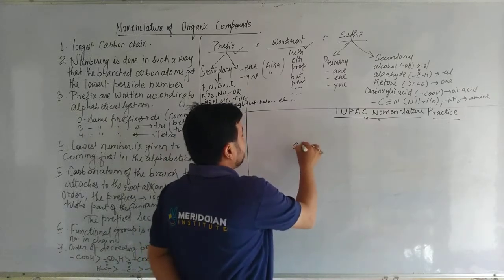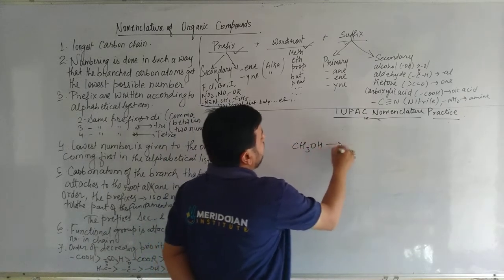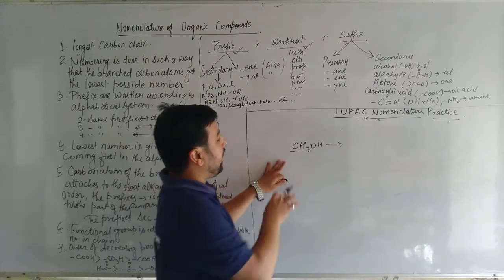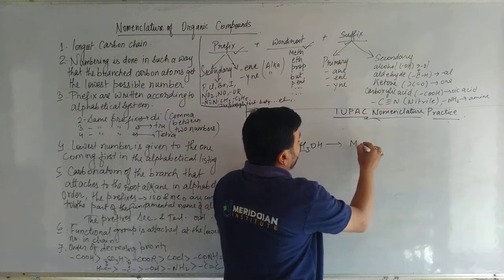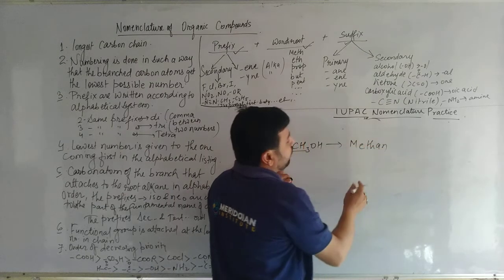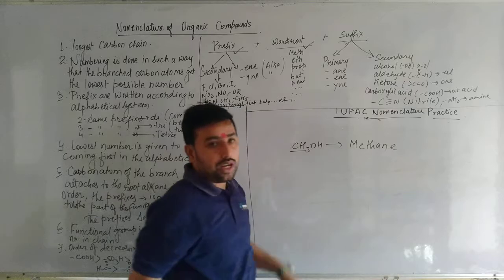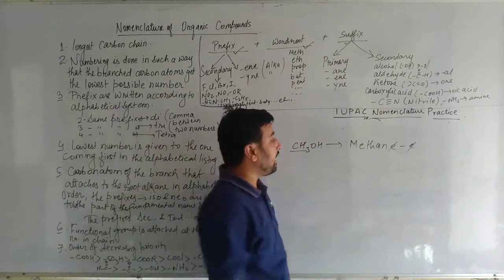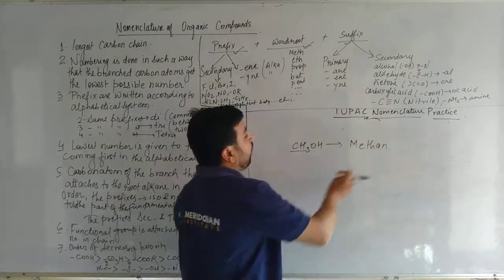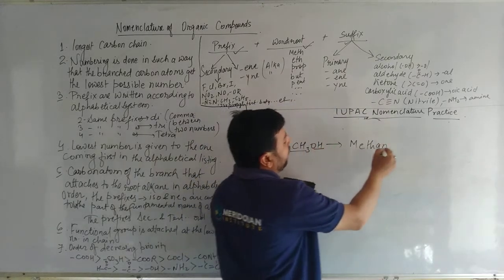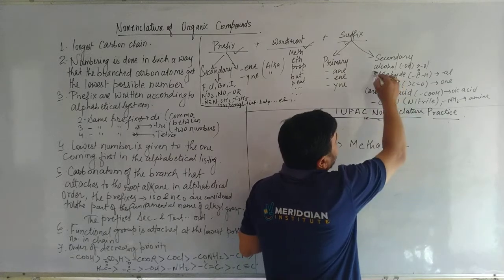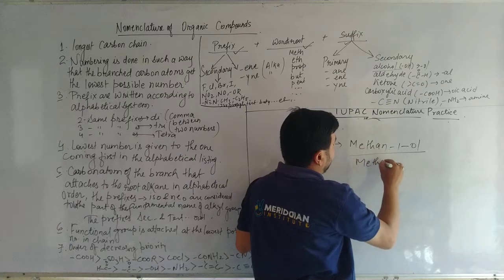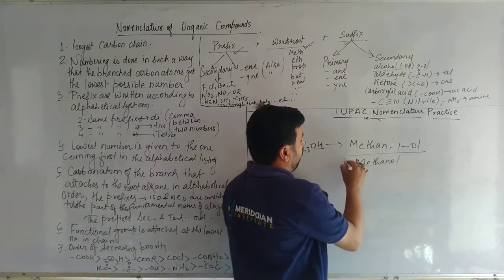Just suppose here CH3OH. This will be known as, first of all, no primary prefix or secondary prefix is there, only methyl is there. So methane, we have to remove the e of methane. So this e will be cancelled and you have to mention the position. On the first position, alcohol group is there. So methane 1 and alcohol suffix is ol. So methanol. We generally do not write the first position, so we directly say methanol or 1-methanol.